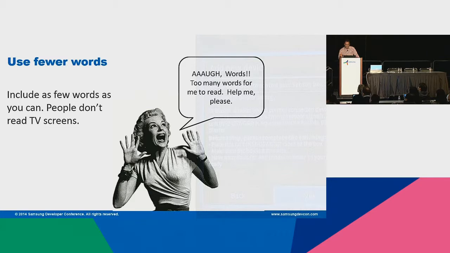This is one of my favorite pictures here. When people see a screen with some buttons and instructions, they will generally first try to guess at what that button should do, and then they'll just choose that button. They just try not to read. If they're a little confused the second time around, they may try to read that first line of text, but then they're still going to try to guess. In general, people really hate reading a lot of text on TV. So one of the suggestions that we have is not putting too much text on television.